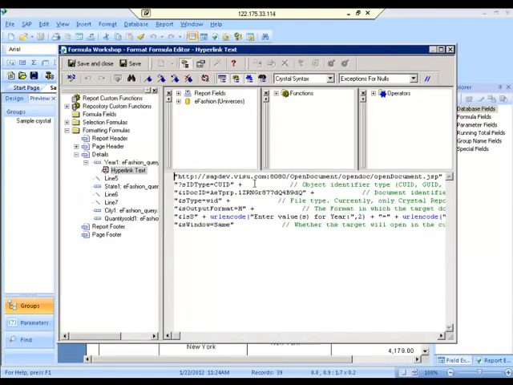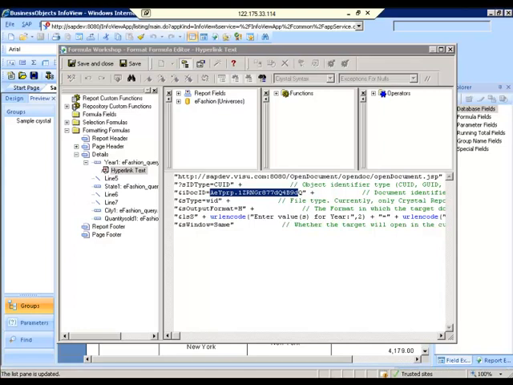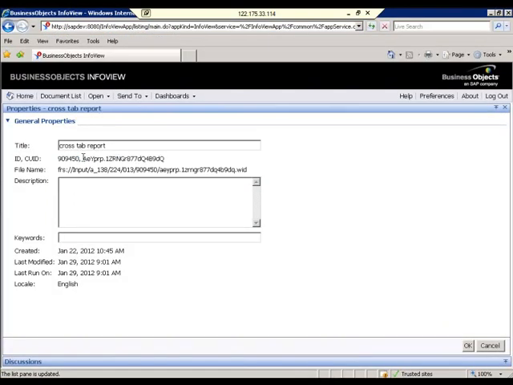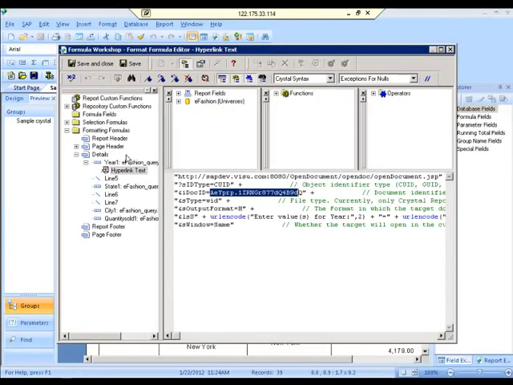By default, when you click, it will write your URL, but it is calling with this ID. This is the object ID, the document ID. This is called the document ID. The report will be called with this ID. This ID is basically the crosstab report ID. When you see it in InfoView, your crosstab report ID is this. See, when you see this report ID here also, that means you are calling the crosstab report from this report, but the crosstab report ID is this. You mapped the crosstab, but it's not reading with the report name. It's reading with the ID.